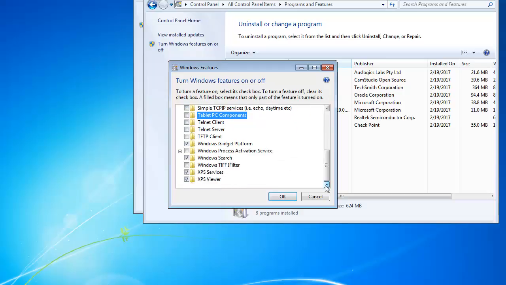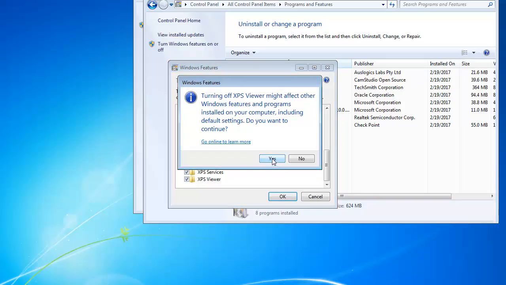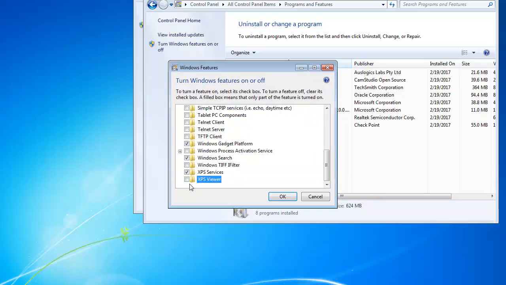And we're going to get rid of XP services and XPS viewer. Don't know what that is exactly, so we don't need it. And after that we click OK,